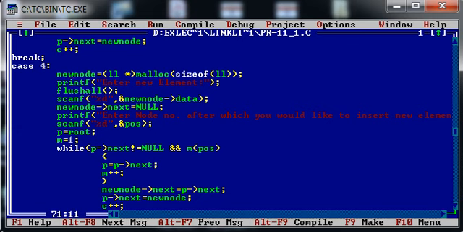Again, I have created new memory for the new node. I am getting the data from the user, assigning it to the data part of the new node, and assigning null to the address part of the new node. I am asking the position after which node the user would like to insert the new node. That will be stored in the POS variable.